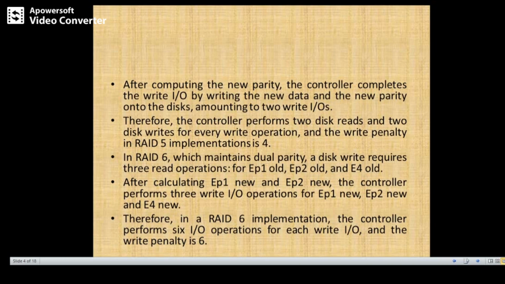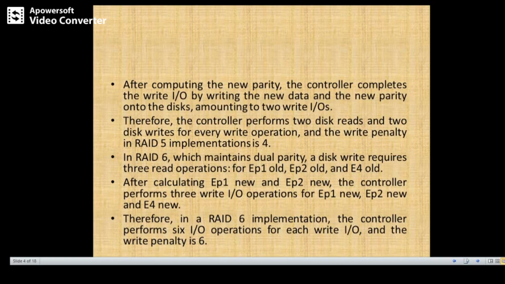After computing EP1 new and EP2 new, the controller will perform write operations. There are a total of 3 write operations to be considered: the RAID controller will write EP1 new, EP2 new and E4 new onto the disk.